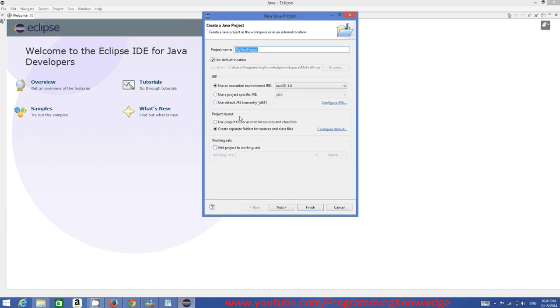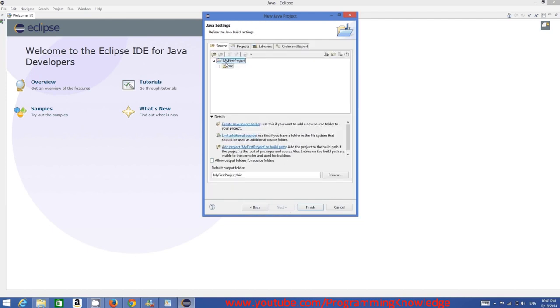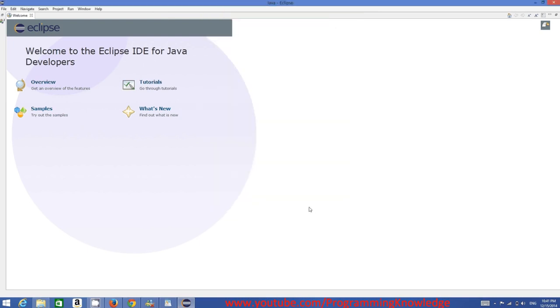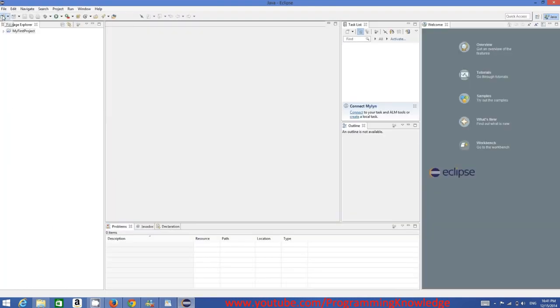and if all things are okay, you can just click Next, and in here you will be able to see that this will be your project folder, and in that there will be a source folder. It's okay, click Finish, and once you do that, Eclipse will create a MyProject folder for you. Okay, so you can click at the corner and open this perspective. It's called perspective, and in this my first project you will be able to see